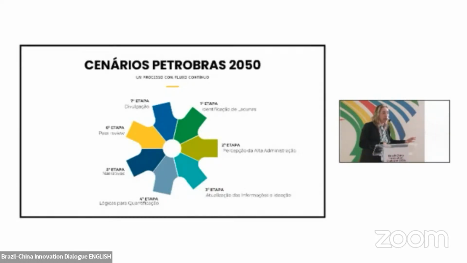So we have a 5th stage, which is the narrative. So we have the history of the scenario that is more and more robust. And then we have a new stage, which is the peer review. We are inviting external and internal analysts to check the consistency of those scenarios. So to check whether or not we have contradictions.